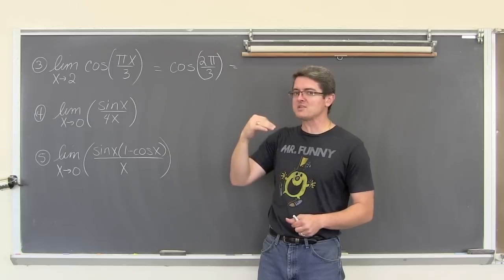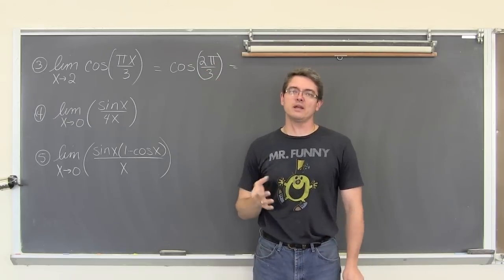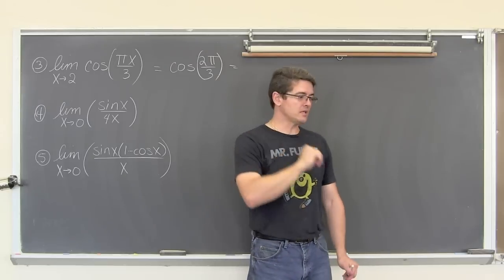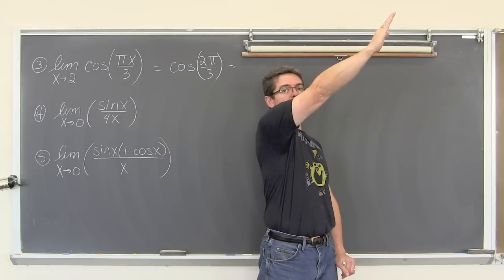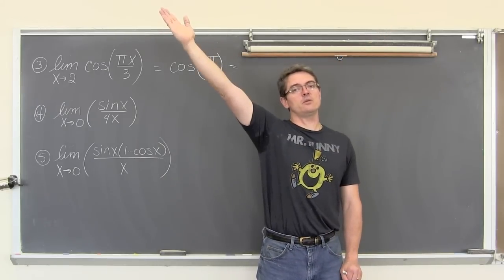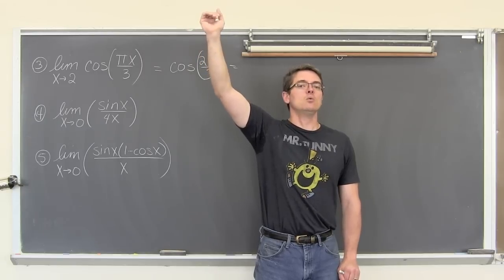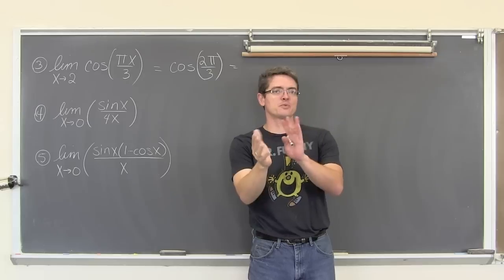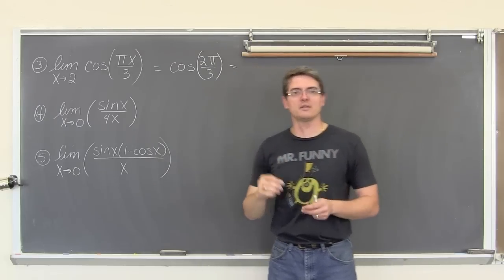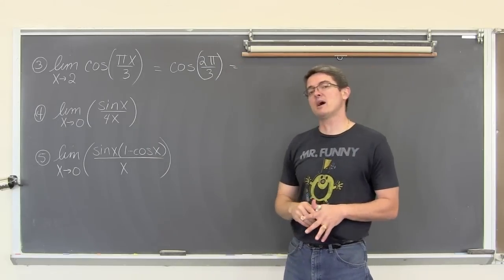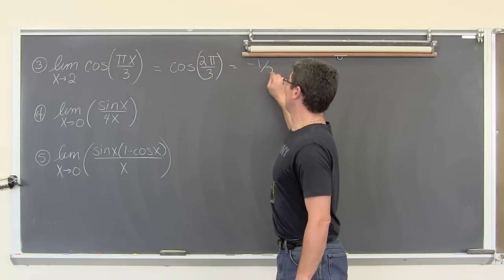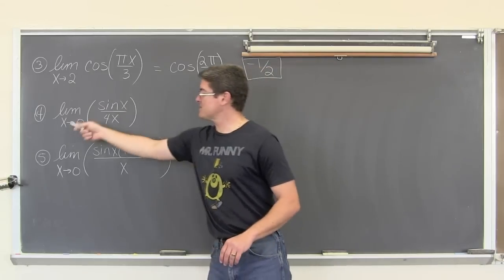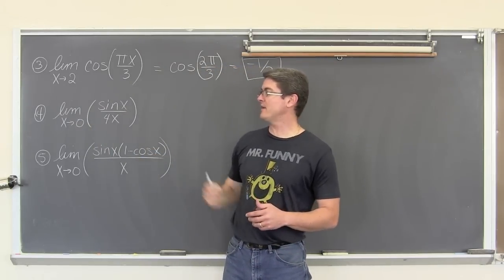In case you're a little rusty on the unit circle, pi over 3 radians is equivalent to 60 degrees, so just in case you need that. So let's see here. 1 pi over 3, which is 60 degrees, 2 pi over 3, which is 120 degrees, which lands you in quadrant 2. Not that you should have to mentally flip back and forth between degrees and radians that much. You really need to know that unit circle. The cosine of 2 pi over 3 is negative 1/2. Next example, we have the limit as x approaches 0 of sine of x over 4x.